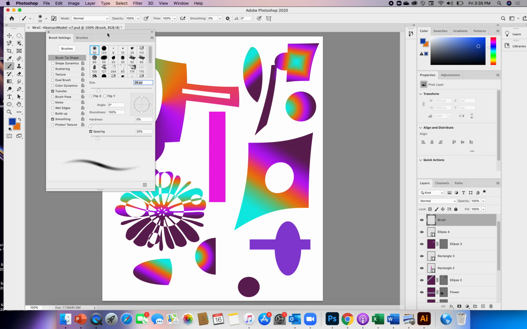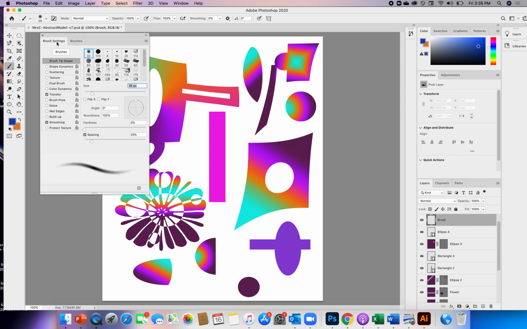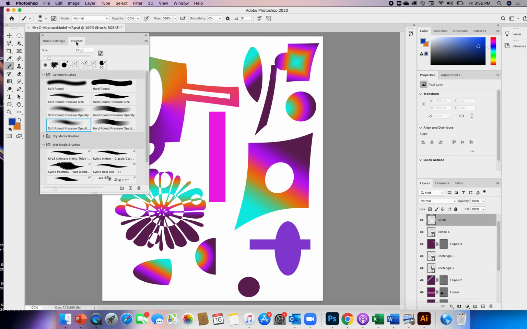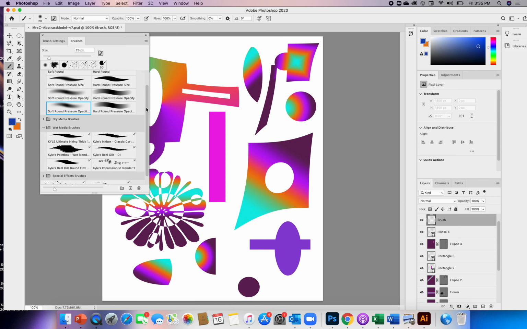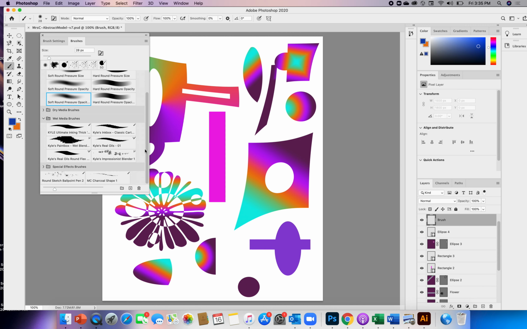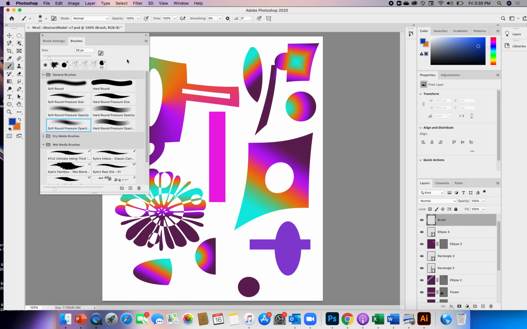What's kind of cool about this panel, you've got one that says brush settings and one that says brushes. So if I go to the brushes, I can see what brushes I have at my disposal, okay? And some are just very basic. This is just a basic round brush. This is a very much softer brush, but these brushes can be altered. So let's just say I were to choose the soft round pressure brush,